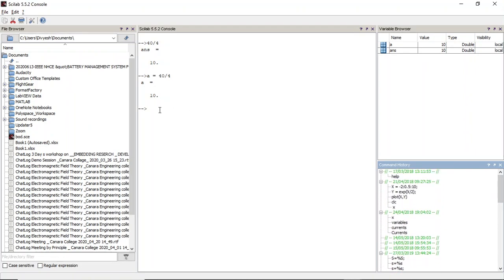Now let us do some computations. Like 2 plus 9 power 3. Okay, let us check what is the answer. Is this correct? 2 plus 9 is 11. 11 power 3 is 1331. Yes. So for any such simple calculations where we use a calculator, if you have Scilab installed in your system with the console open,